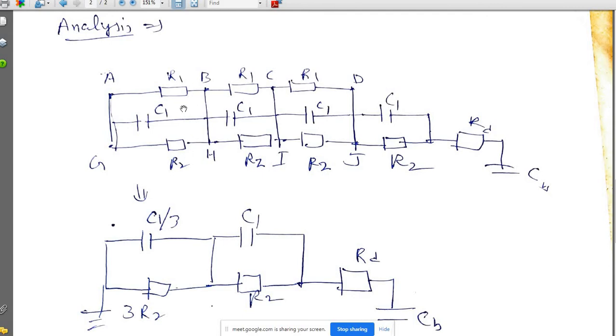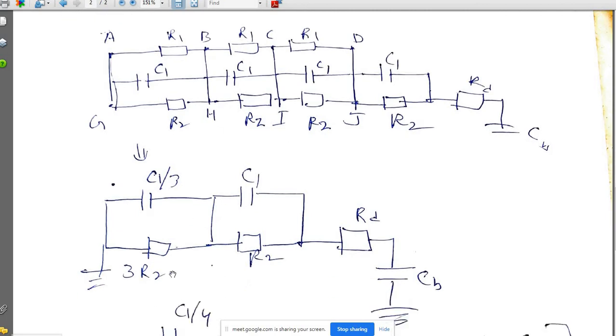और अगर ये पैरेलल में होते हैं तो फिर कौन रहेगा इसमें? If R1 is very very large compared to the R2, and if these are in parallel, then we can approximately say it becomes the R2 only. R1 हट सकते हैं इसको, and can be neglected in parallel. If two resistances are in parallel and one is very very less resistance, then we can neglect the second resistance. And these are in series, so we can just have the R2 in series, so 3R2 हो जाएगा,